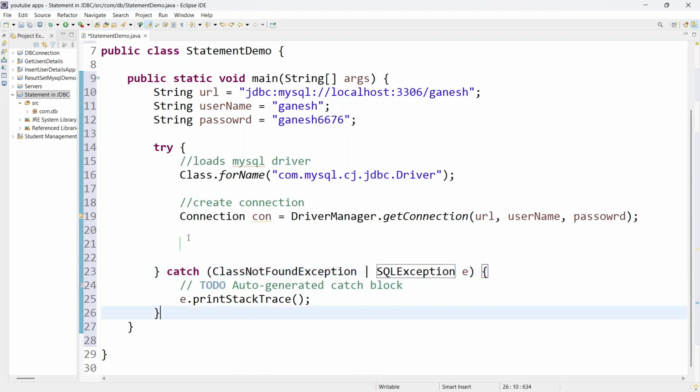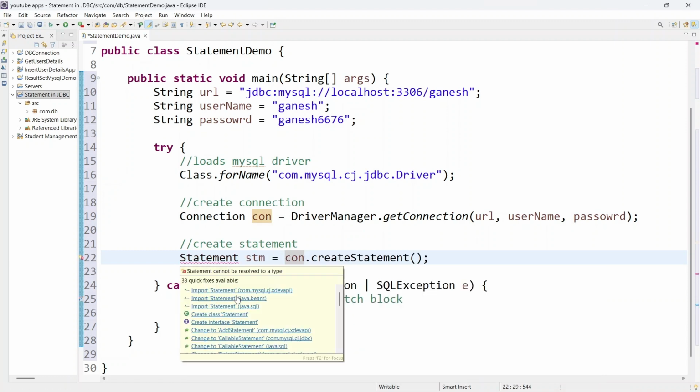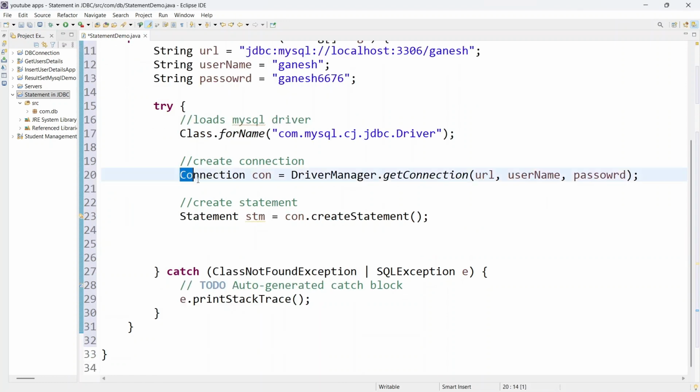After establishing the connection, now we have to create object for statement interface. There is a method in connection interface called createStatement. The createStatement will return a statement object. We have to import statement. Choose import from java.sql package. If you choose the other packages, it will throw an exception. We use connection to store the connection with the database, and we use statement to execute any queries